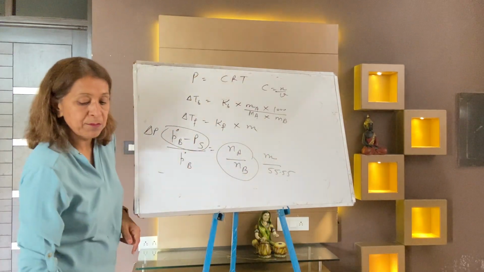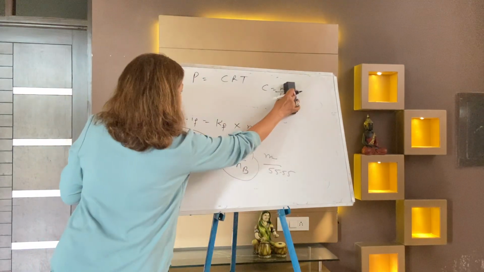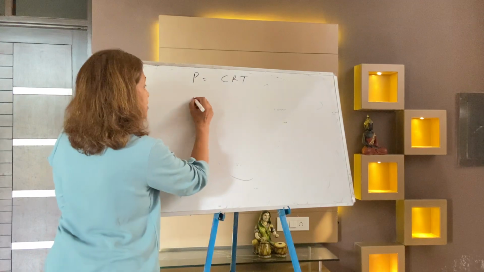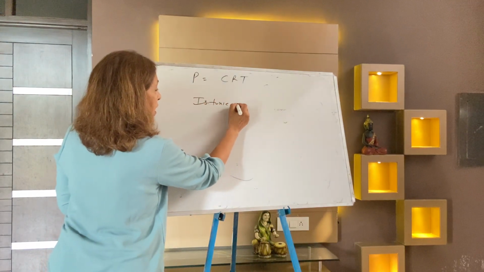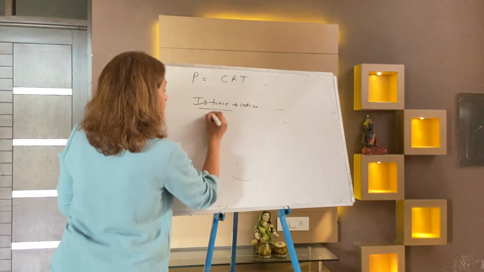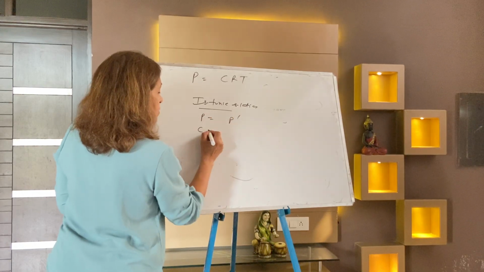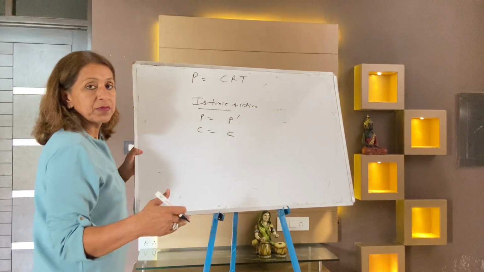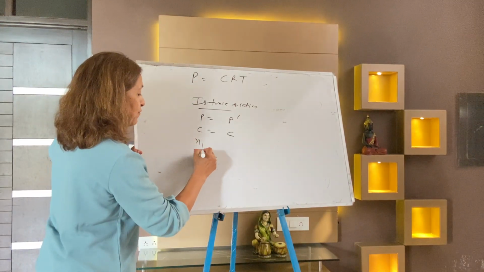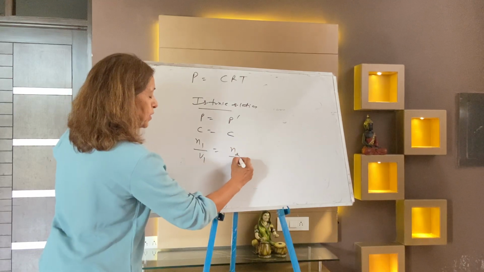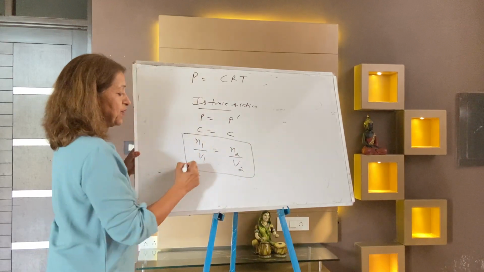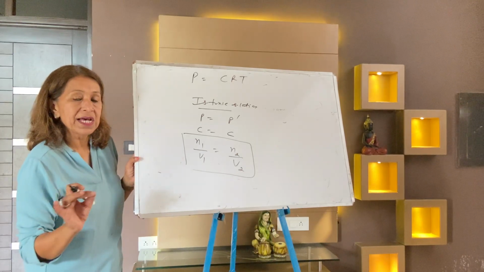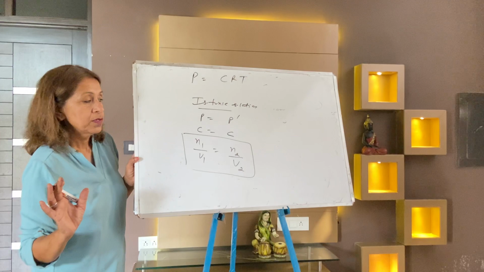Osmotic pressure. Now one thing is very important. When the solution comes isotonic, remember isotonic solution, isotonic means same osmotic pressure. P is equal to P dash, C is equal to C dash, P is equal to CRT. Osmotic pressure same, concentration same. So always apply the formula N1 V1 is equal to N2 V2. So during isotonic solution apply this formula. Very simple formula.